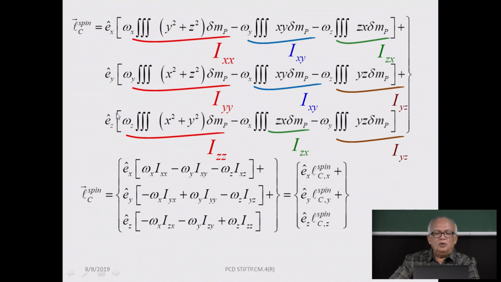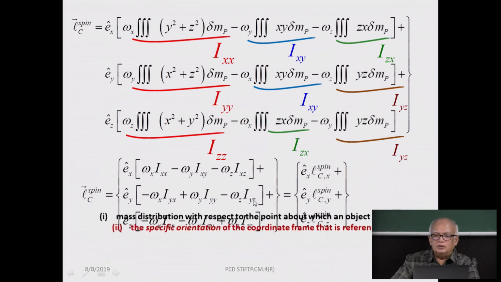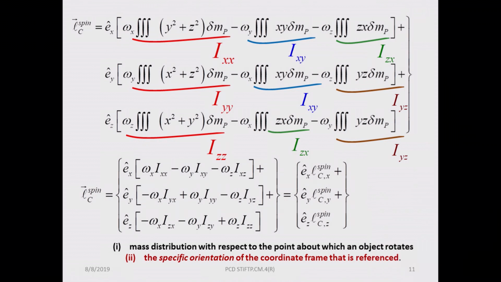So you can write the spin angular momentum using this compact notation, Ixx, Ixy, Izx. They come over here, and you have components along ex, ey, ez, and you can interpret this as the component of the spin angular momentum about the x-axis. This is the component of the spin angular momentum about the y-axis, which is the sum of these 3 terms. So the moment of inertia tensor, which is made up of these 9 coefficients,